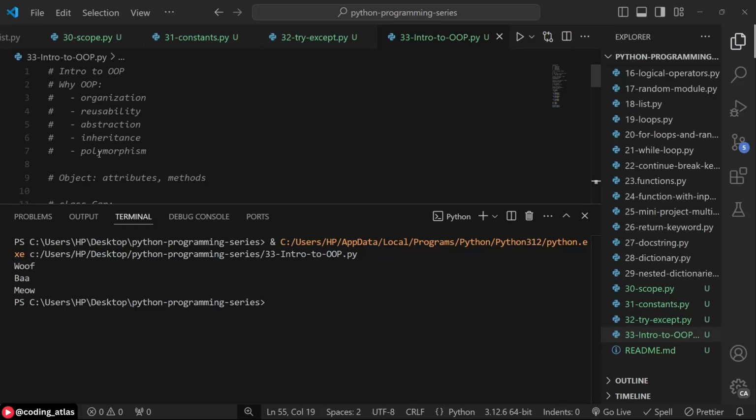So in the next video, we'll be looking into how to actually start working with object-oriented programming by creating classes